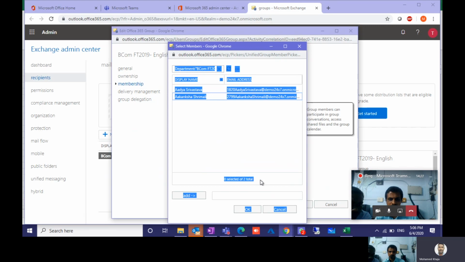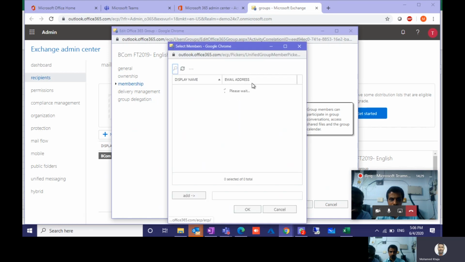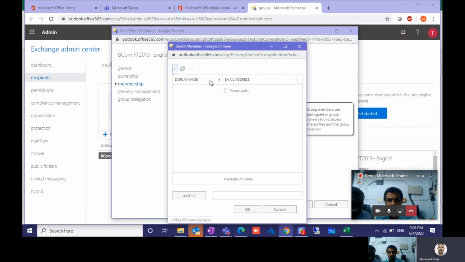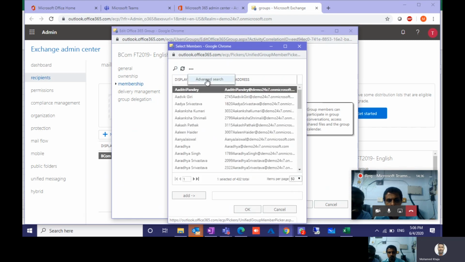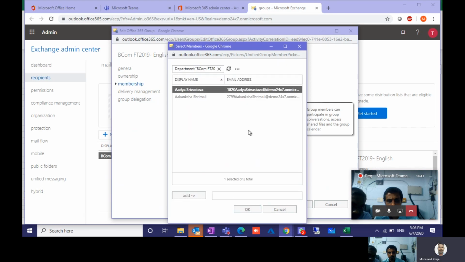If the students are more than 50, you will see an option list. You have to drop down and mention something different so that all the users will be added.